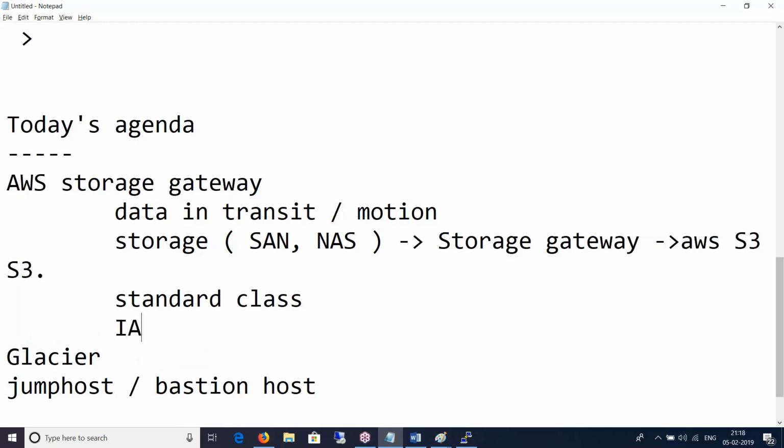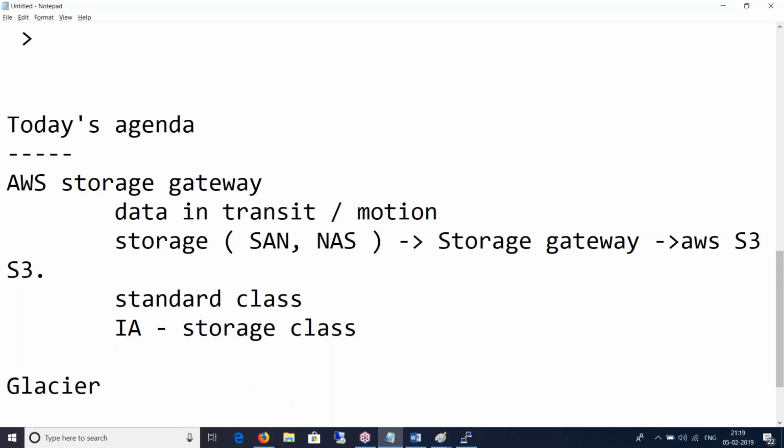If the object data in S3 is being accessed infrequently, you just put the infrequent access storage class, and there's another one called reduced redundancy storage, also called RRS, where Amazon does not guarantee that the data will be redundant. So the SLAs and the durability of the data will be far less in RRS.